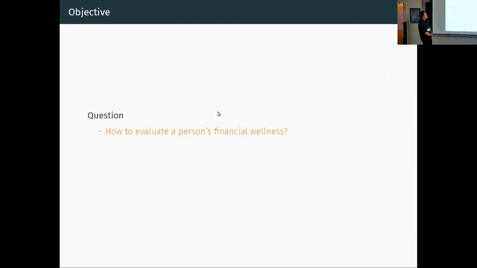And here's a summary of the data set. Using this data set, we want to answer these questions. As a general goal of our lab, we want to evaluate a person's financial wellness. And as a person with a background in actuarial science, I want to study the likelihood that the investors will have sufficient funds for their retirement.